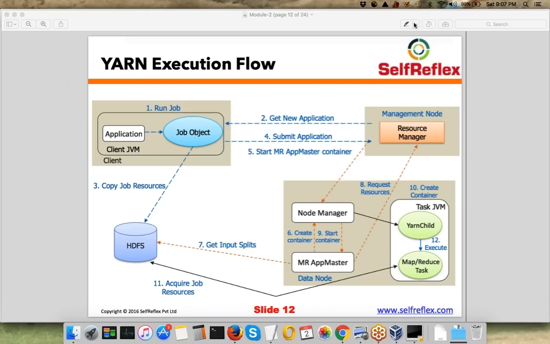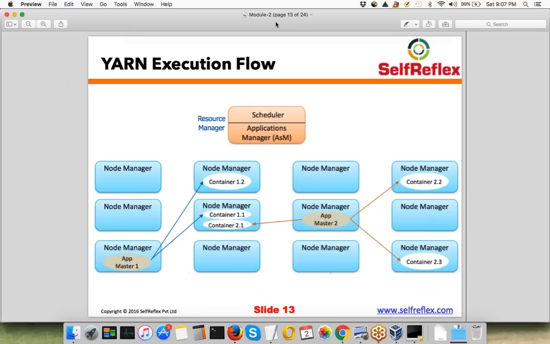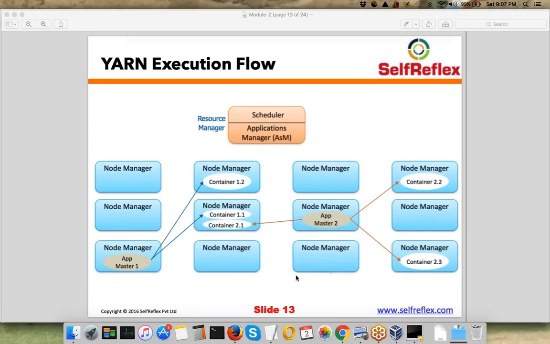All right, guys. So that was, I think, most of it about Yarn. Here is another picture. As I said, there will be multiple applications running in the cluster, so this is actually a good picture to display that. This is your applications manager, running on the master machine, and all of these are your slave machines. You can see 12 slave machines here. Your app master 1 is running on one of the slave nodes, app master 2 could be running somewhere else, and all these app masters could be running their particular tasks on any of the nodes.